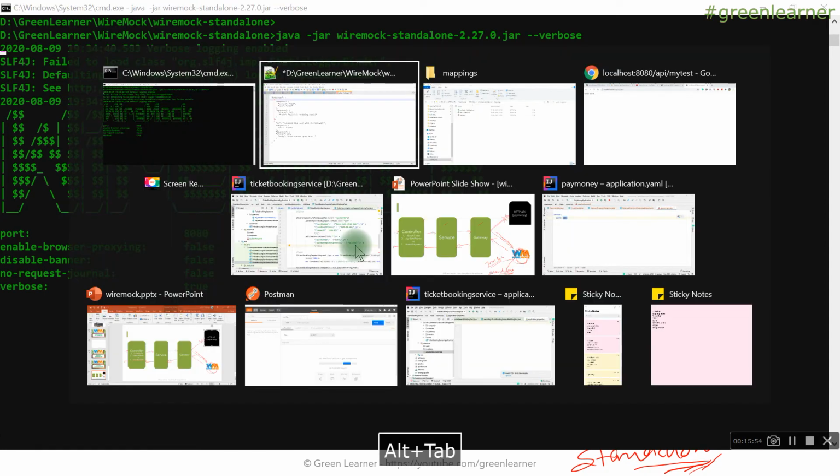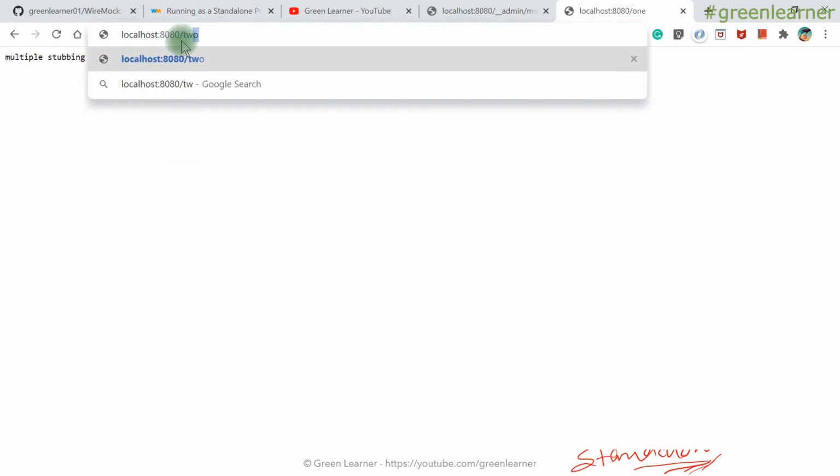So server is running now, coming here. The existing files that are there, they are going to work perfectly fine, right? So just to show you. And now coming to one, so this is the new one, multiple stubbing demo 1 2. And if I get 2 here, so yeah, more content goes here, right? So in this way we can do the multiple stubbing as well, right? This is one way of stubbing, that I can keep the JSON file in the mappings folder, and the server while starting can pick it up.